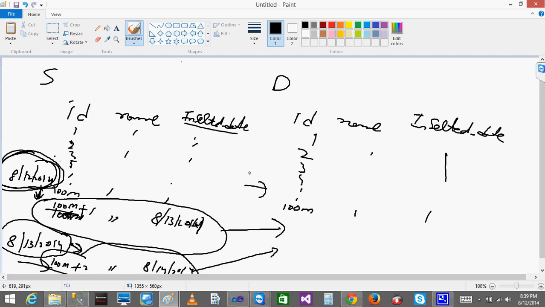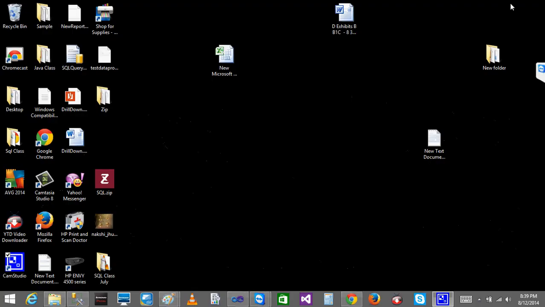So let's say previously it took 1 hour to load all the records. When you do the incremental, it may take only a few seconds, sometimes a few milliseconds. Okay, so this is how you are going to do the incremental. Now we will go and see the incremental one.